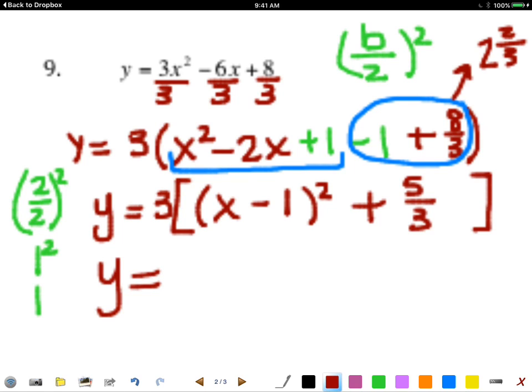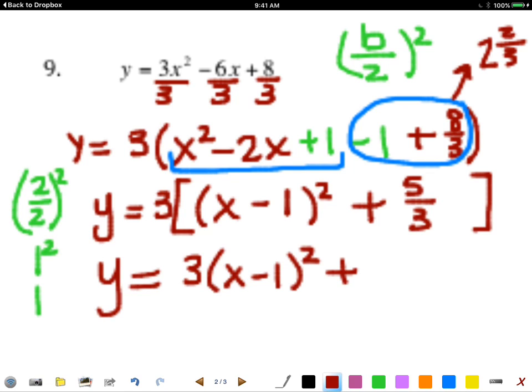Okay, so watch what's going to happen up here. This 3 out front, because of the brackets, is saying that this 3 is being multiplied by everything in here, correct? So this is 3 times this x minus 1 squared and 3 times this 5/3. It's like the distributive property. We got to distribute that 3 back in. So we're going to write 3 times x minus 1, the quantity squared, which we're just going to put right there beside it, right? Because if we try to multiply it all out, we're going to be right back to standard form, aren't we? But we don't want to do that. Plus